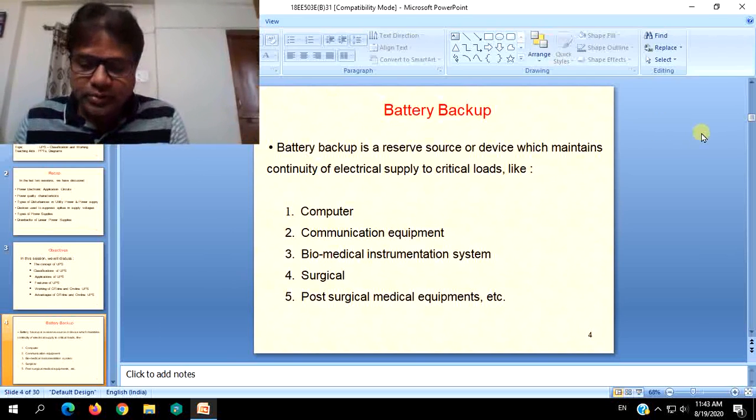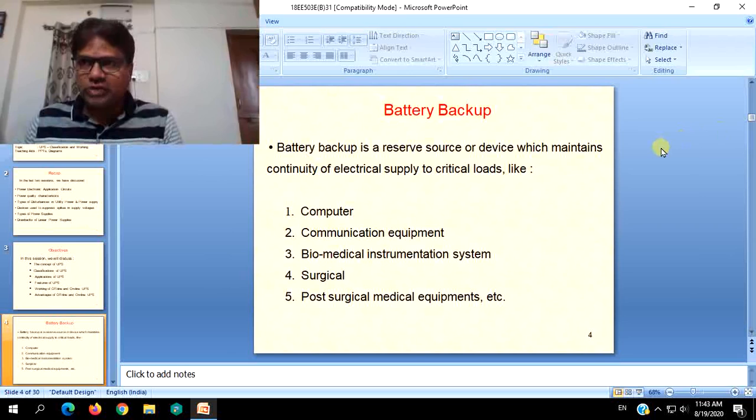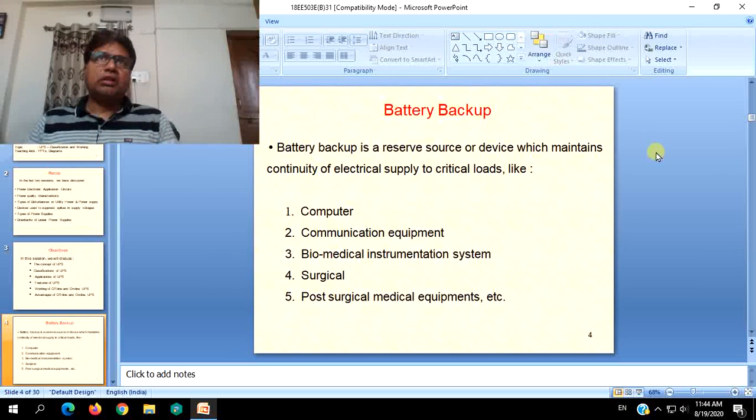And when it comes to these power supplies, obviously you have to supply when the need arises, means when the actual supply source is shut down, or due to various reasons there are many problems or high voltage fluctuations from the source, then also it is not advisable to run the load on higher voltages. In such cases also the supply should be cut off and there should be something which will run the load without any interruption. For that purpose you need an extra standby source.